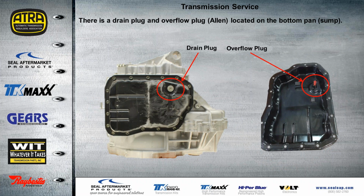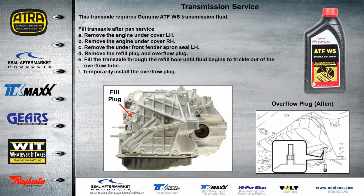Transmission service, we have a drain and fill overflow plug in the pan. And then obviously there's a procedure to get to the fill plug. We'll give you that procedure here in your handout. We suggest to use the Toyota WS fluid. A lot of times we'll get tech calls, and not on just this unit here, but we'll